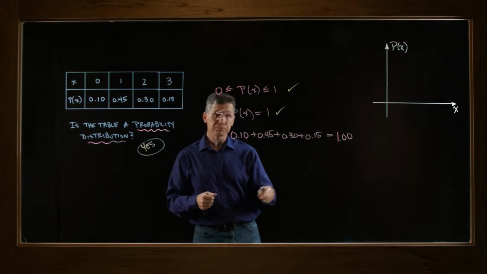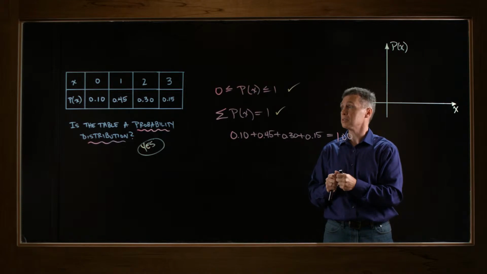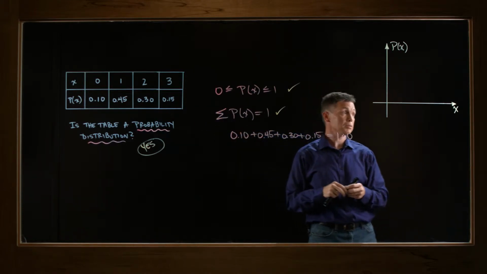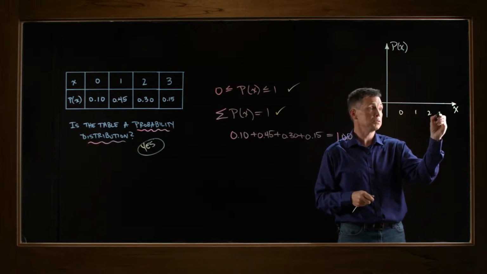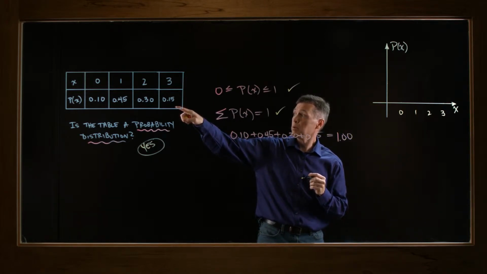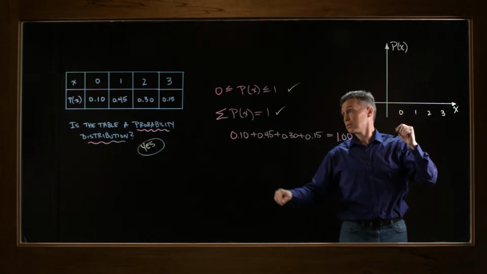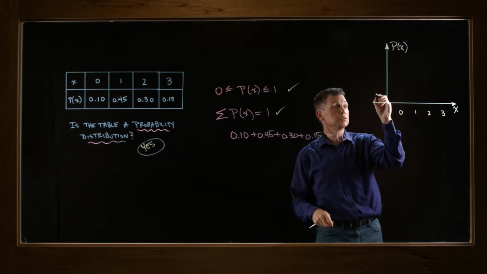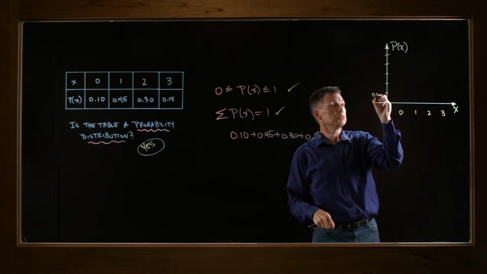The second half of the problem was that if it is a probability distribution, we're supposed to graph it. So we're going to go to our axes here and draw a bar graph of this table. The values of x in the top row, I'm going to put on our horizontal axis: 0, 1, 2, 3. And up the vertical axis, we need the probabilities, so it's my second row. I've got to get all the way up to 0.45, so I'll just make some tick marks about there. 0.10, 0.30,